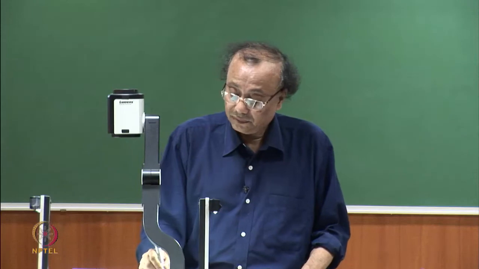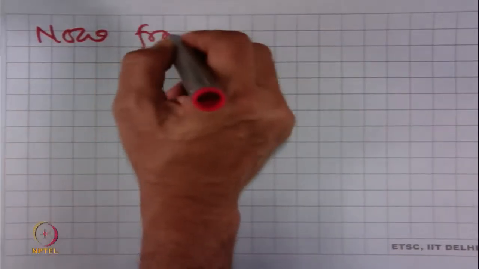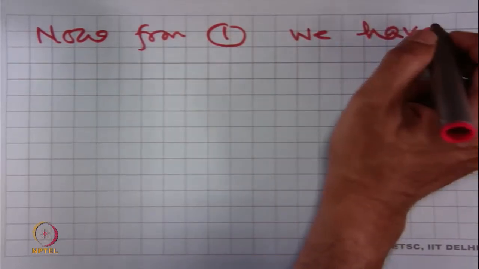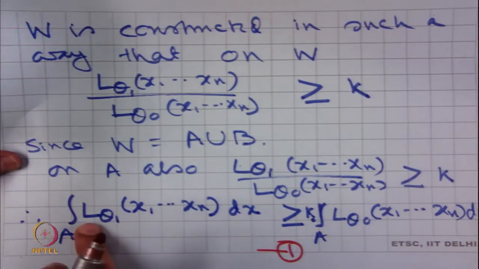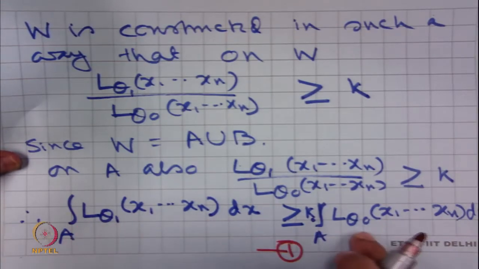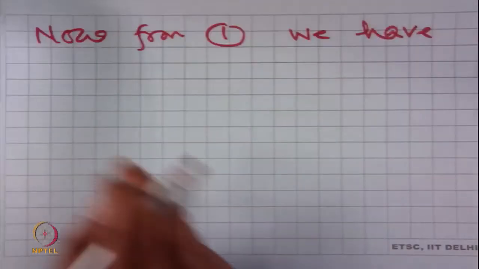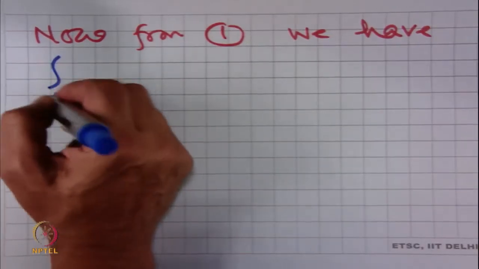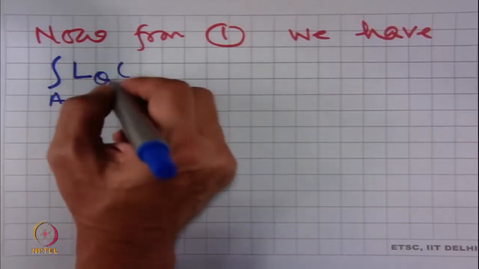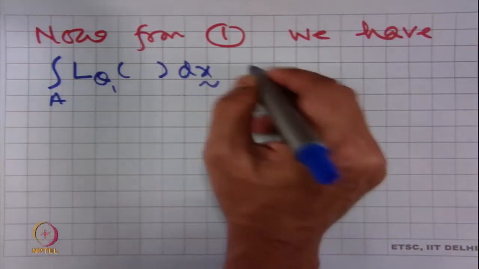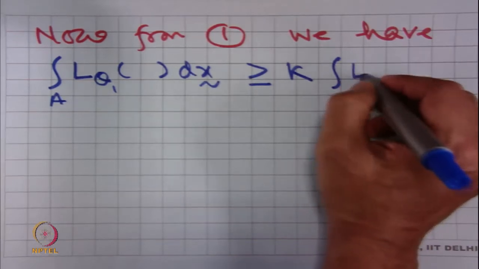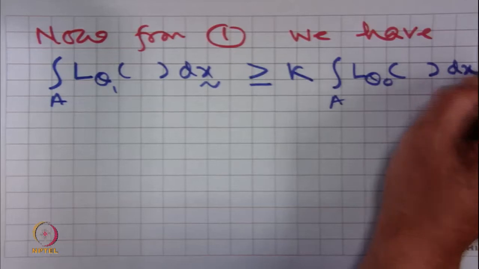Now, from 1 we have, you can see from here that L theta 1 is greater than or equal to k times L theta naught on A. So, if I use a little bit of shortcut, let me write it as integration over A of L theta 1 dx is greater than or equal to k times integration over A of L theta naught dx,